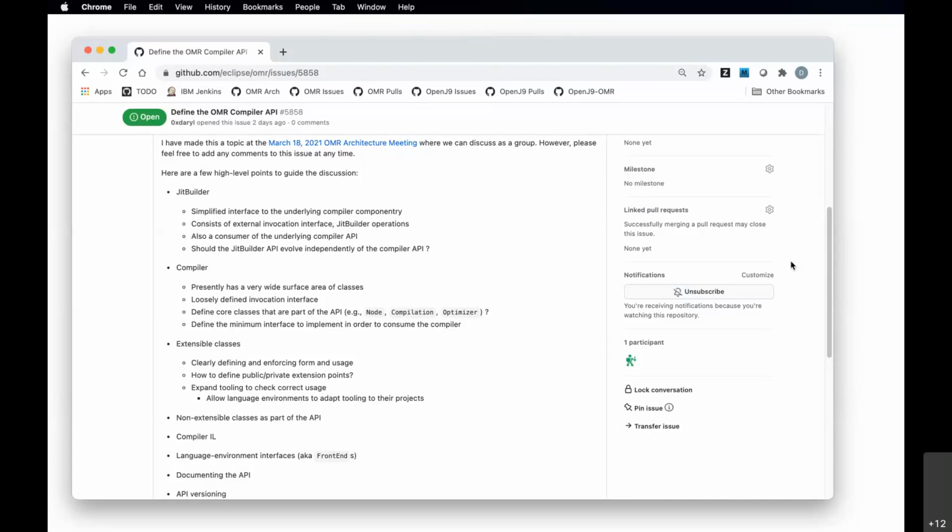I think we would have to define those layers. What is the initialization interface? What is the invocation interface? And then work our way down from that. So it's perhaps defining what some of those different levels are to begin with, to start to form an API around.